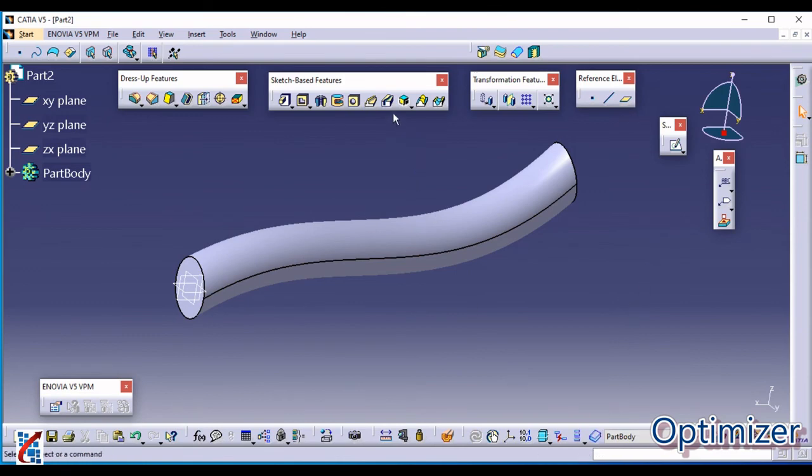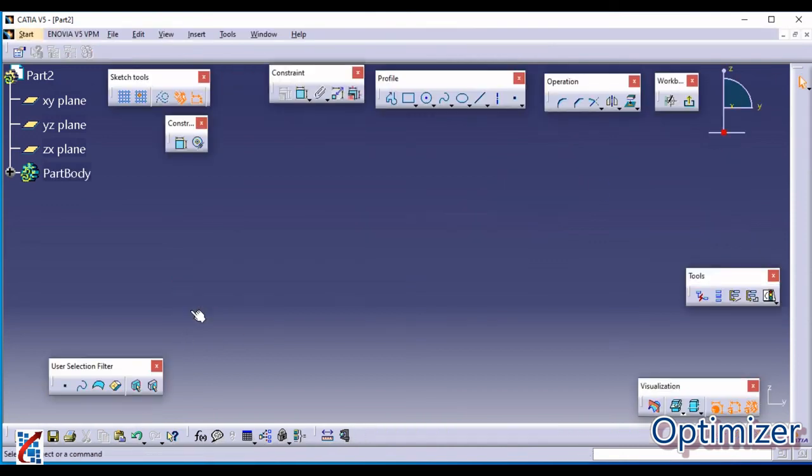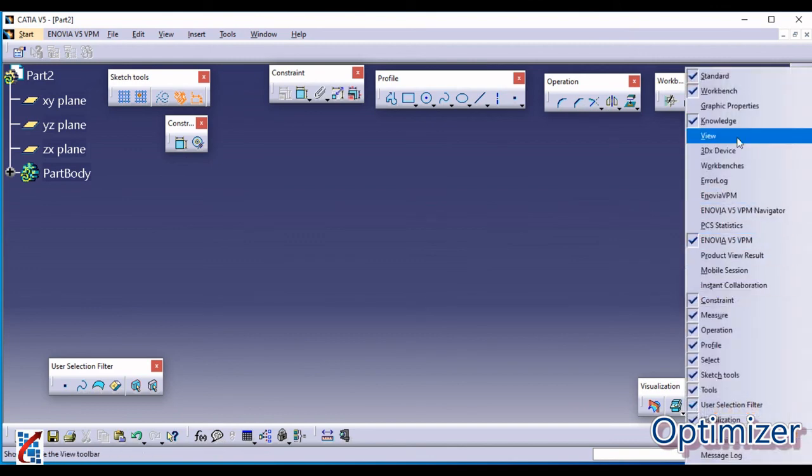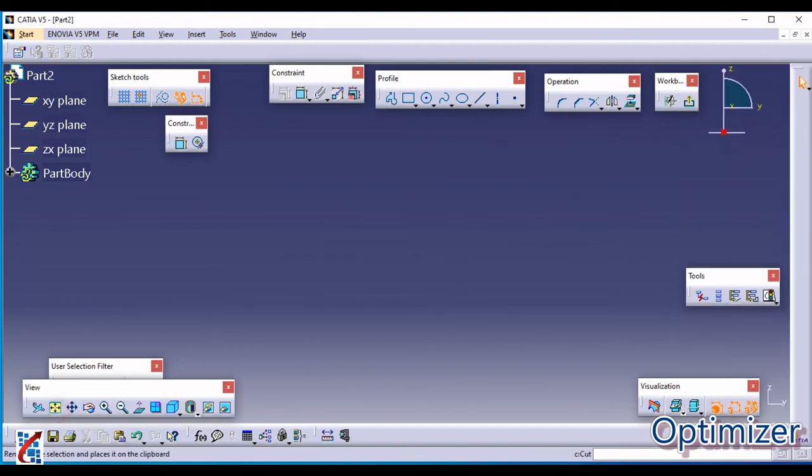Now how to use the slot command? In rib we added the material, in slot you are going to remove the material. It is just like rib, the only difference is that you remove the material. So I am going to do the same thing. Just open the view toolbar.